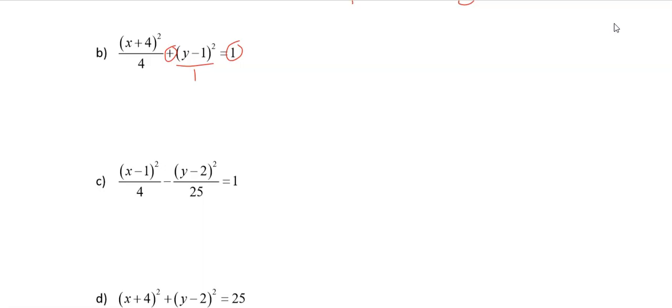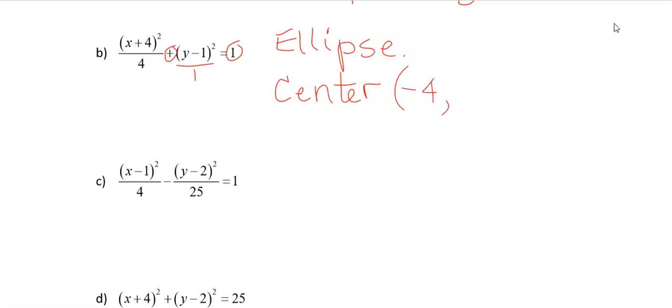Even if those two denominators were the same, then it would definitely be a circle. This, ladies and gentlemen, is an ellipse. This is definitely an ellipse. And of course, an ellipse has a center, so we can say where the center is, and that's easy. The center, you look at, again, behind the x, you have x plus 4, so the center starts with negative 4, and the y, behind the y, you have y subtract 1,